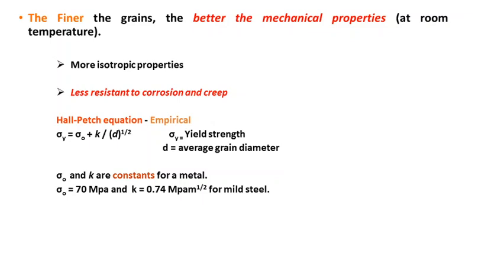As the grain boundary area increases, the resistance to corrosion will decrease, and the resistance to creep too; this point we have discussed already. Grain boundaries are the regions that are very exposed, having high corrosive properties and minimum creep resistance. So as the grain boundary area increases, strength increases on one count, but on the other hand the corrosion resistance decreases, and the creep resistance of the material also decreases.